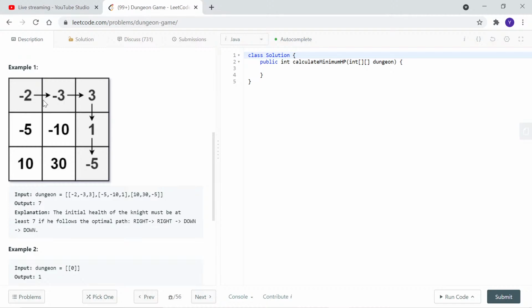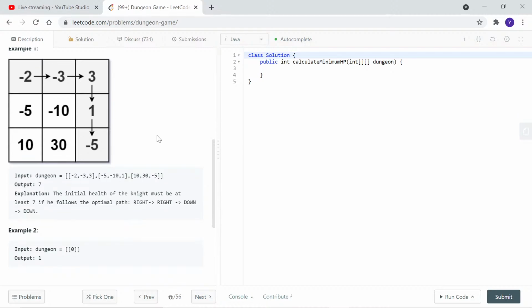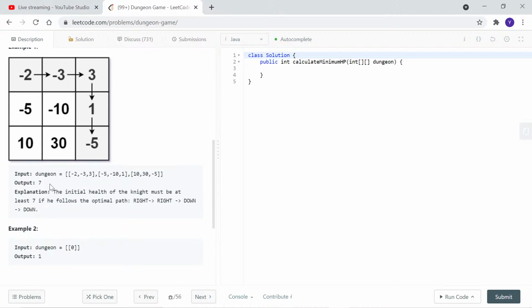In each cell, it will either reduce energy or increase energy, depending on if it's negative or positive. Or if it's a zero, the energy will not change. In any cell in the route, the energy cannot be less than or equal to zero. Otherwise, he will die. So the question asks the minimum initial energy he needs so that he can reach and